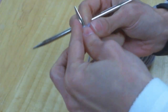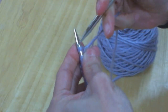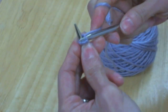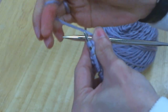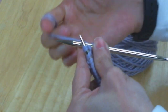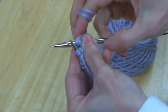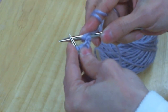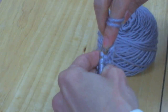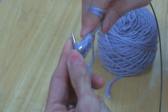So now we're going to do row 2. Again, you always start with knit the first stitch through the back of the loop. Bring yarn forward and you're going to yarn over. So normally you need to bring the yarn to the front to purl anyway, so you need to yarn over. That means you're going to wrap the needle one more time. So yarn forward and then yarn over, and then you're going to purl 2 together. So pick up 2 stitches, purl 2 together,